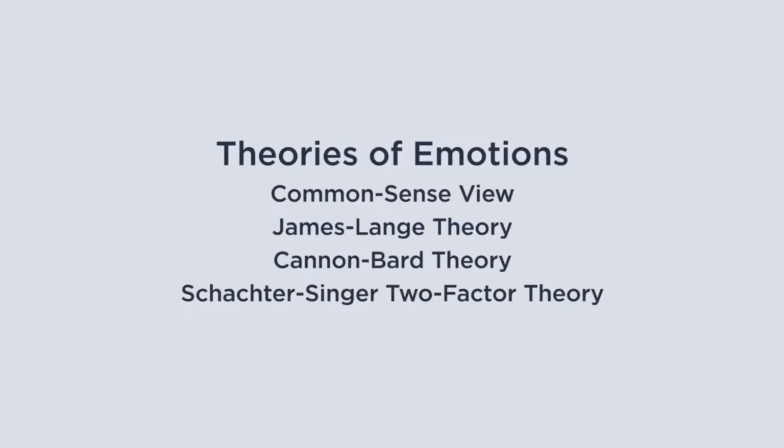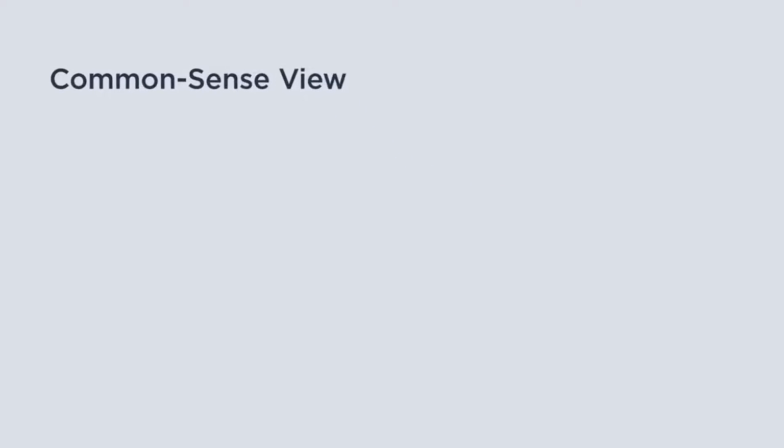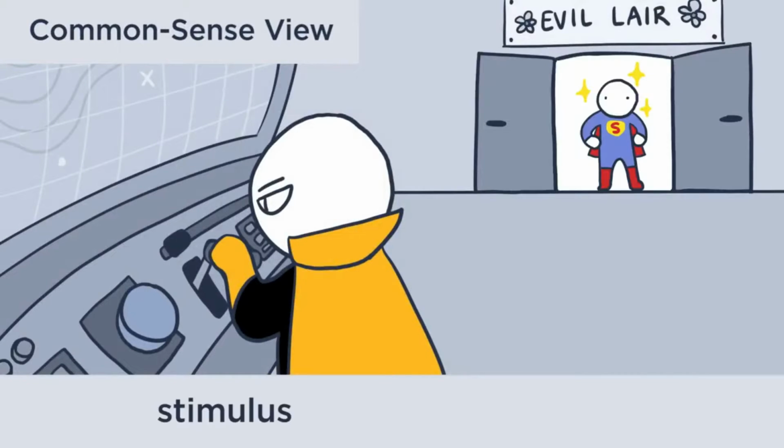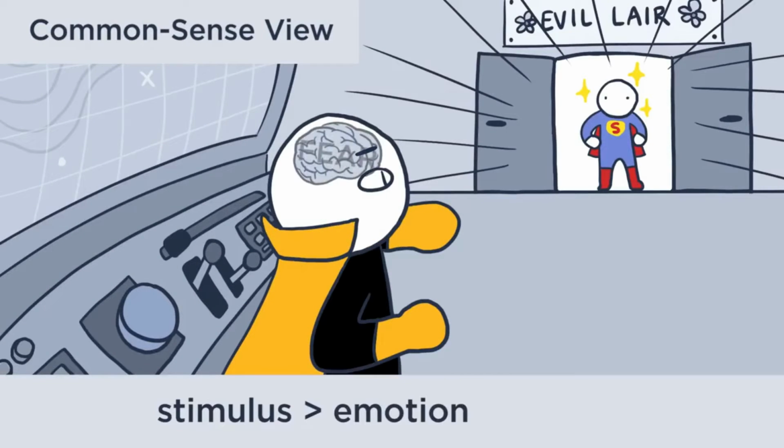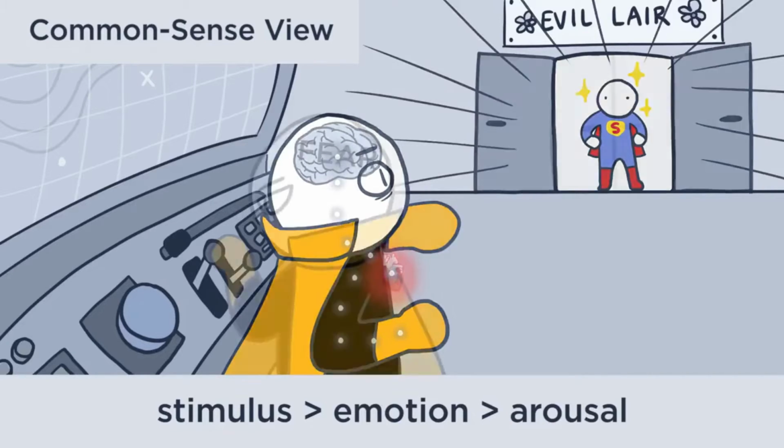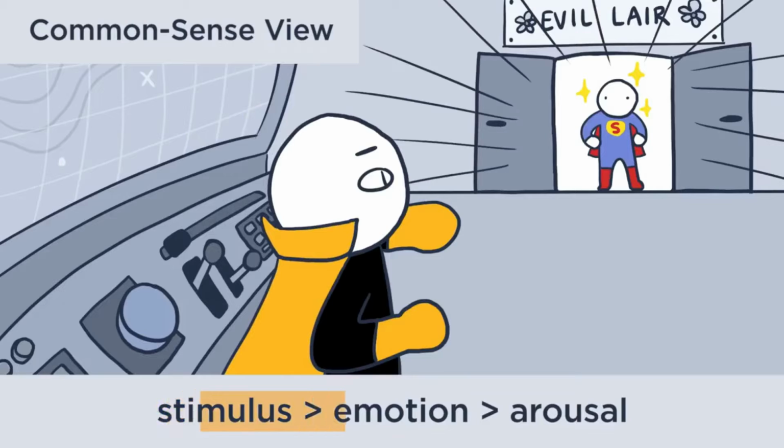Now let's look at some theories of how emotions work. Let's start with the common sense view. In this view, a stimulus prompts an emotion, which in turn prompts some bodily arousal. So in this case, a frightening spectacle fills our villain with fear, which makes him sweat and makes his heart